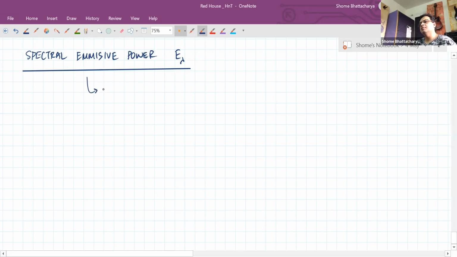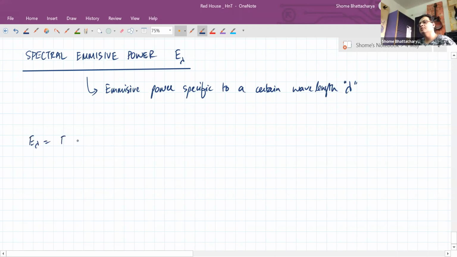So it is basically the emissive power specific to a certain wavelength, lambda. Okay. So spectral emissive power is the energy emitted per unit time per unit surface area